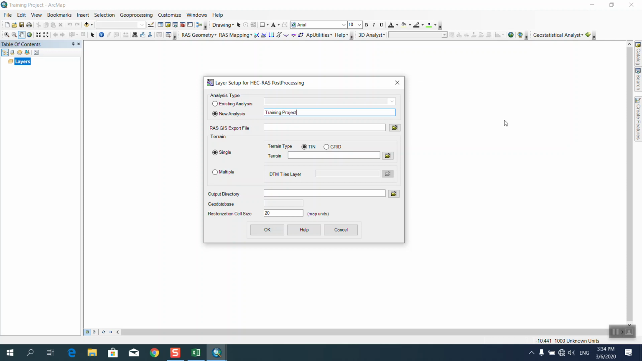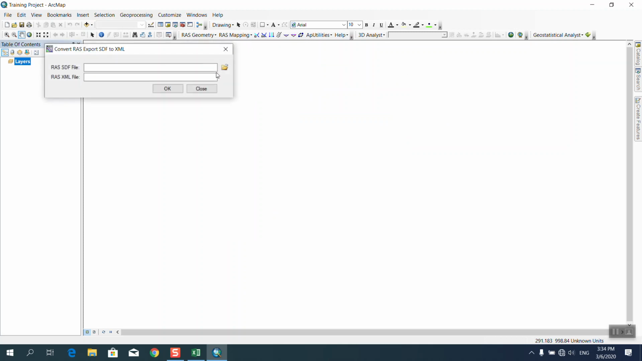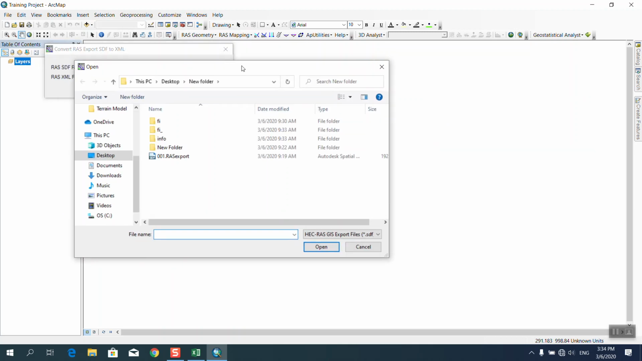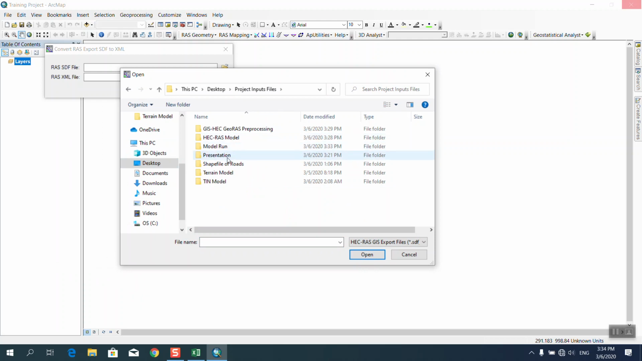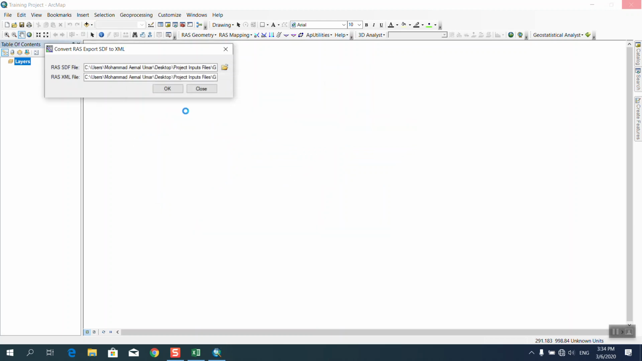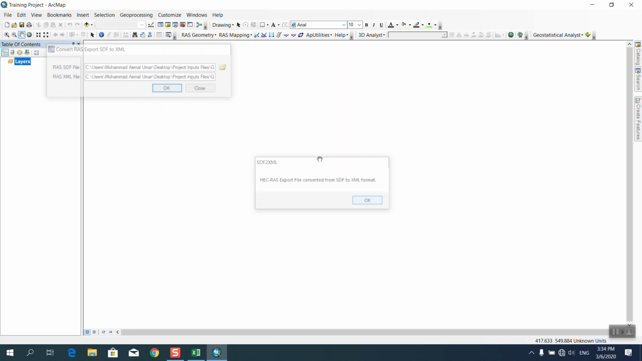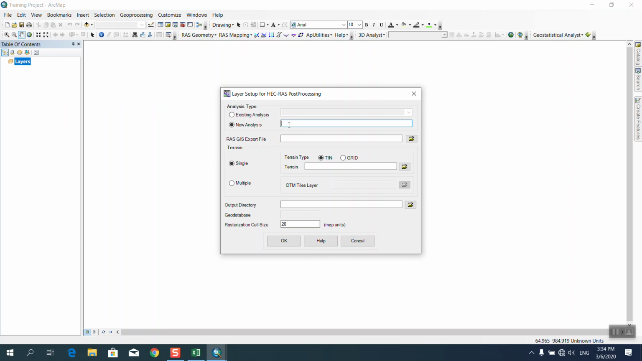project. Then first of all we should convert our file. Convert, then come to desktop, project inputs for our model, this, select and open, and then okay. This is converted from SDF to XML format. Then come to our layer setup, we enter the name,